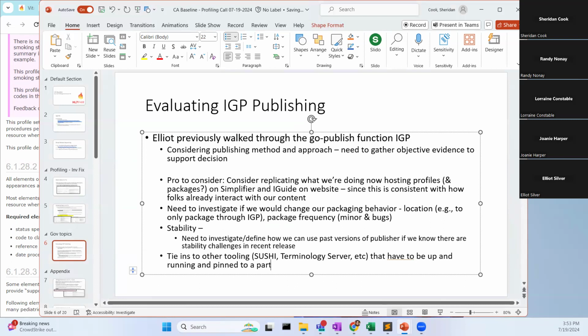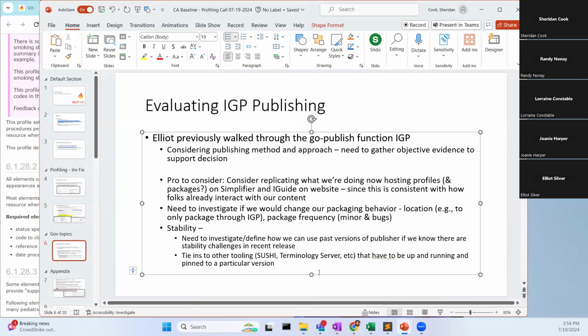Actually, right now BC is looking at this, because currently they're publishing their guides from a GitHub repository onto the ministry GitHub, and getting to the point where they're pushing them into Simplifier is one of the things they're looking at right now. Because, of course, they write all their guides with SUSHI. So I think that's a second-stage question after we look at what the baseline is doing. What are we doing for other HL7 Canada approved specifications?